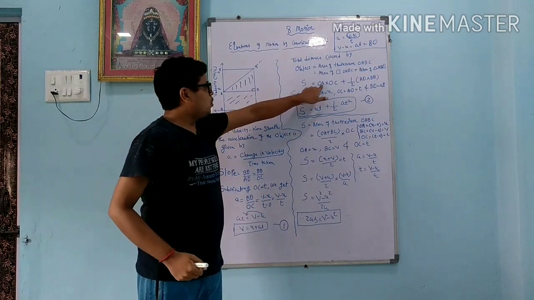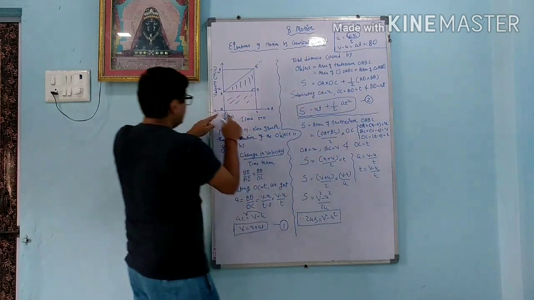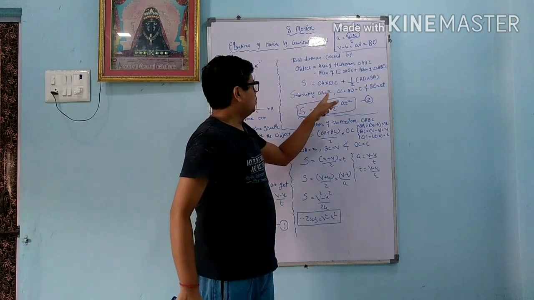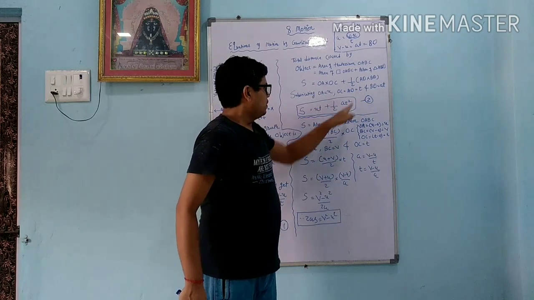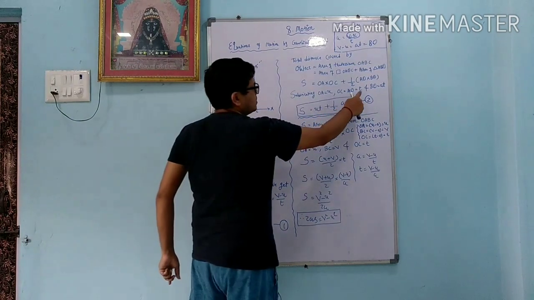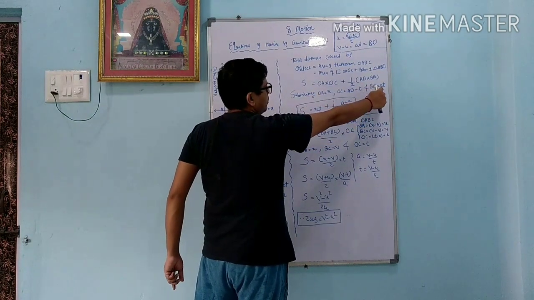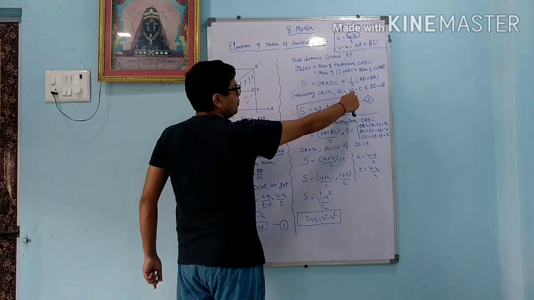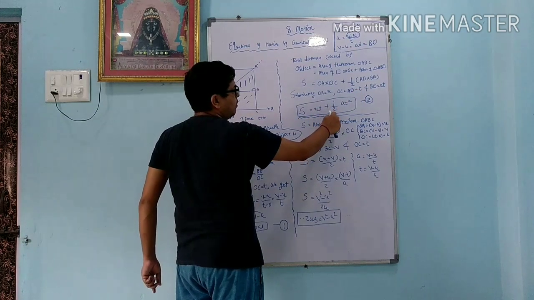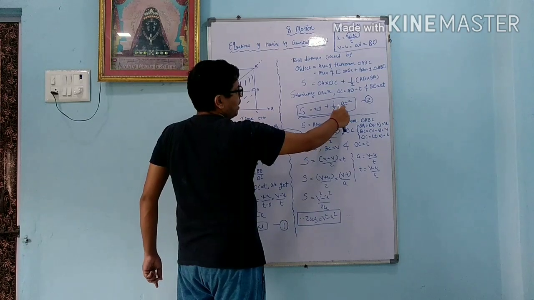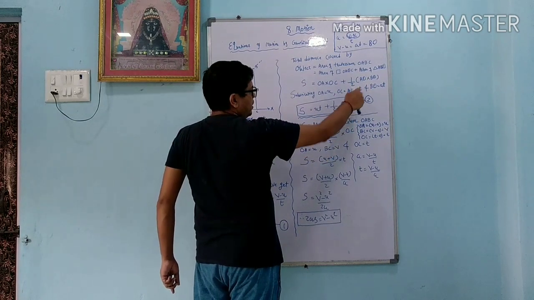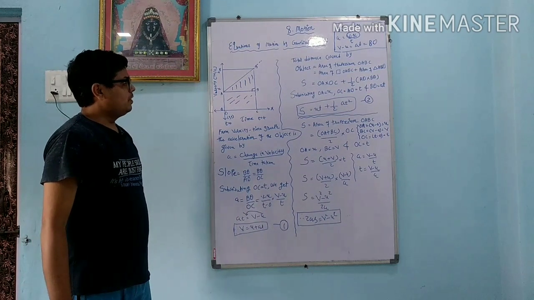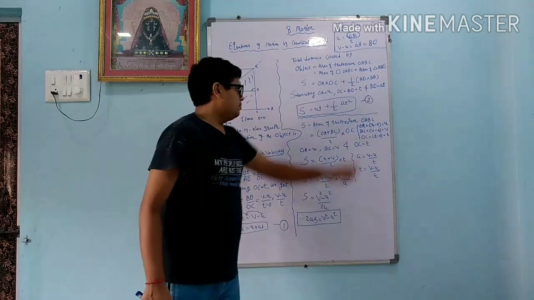Now we know, what is OA? OA is u minus 0, O is 0 and A is u, so OA equals u. OC equals AD equals t minus 0, so it is t. And BD we already got as at. Now we will substitute. OA equals u, OC equals t, so ut plus half, and BD is at into t, so we get half at square. So we get another equation, s equals ut plus half at square. Okay, another t comes from the AD.